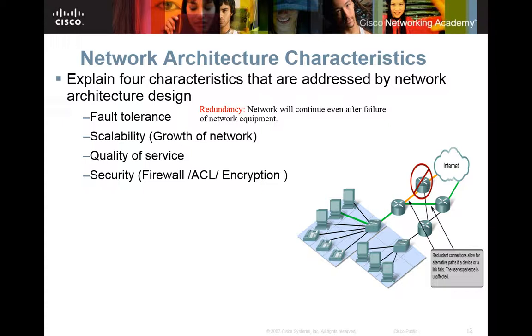Scalability means the growth of the network. A good rule of thumb is take how many network drops you're going to do, divide it in half, and then add it to the total. So if you had 12 drops, you would add 6 more. That gives you good scalability. So you can have 6 more devices put in that room because you never know how many more drops you're going to need to run.